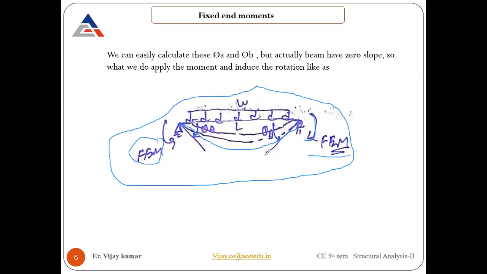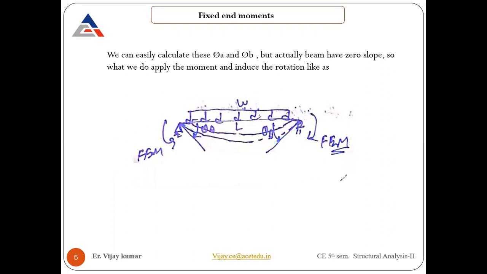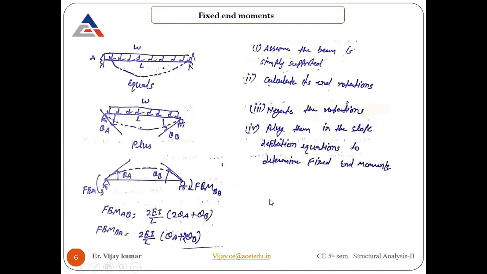That's why we always say a fixed beam is a much more stable beam compared to the others. So that is the reason the deflection of a fixed beam comes out very much less than other beams like simply supported or cantilever or any other beam, depending upon the condition that we are using. So this is all about the fixed beam. Now I'm going to put some numerical on how to calculate by using this particular method.